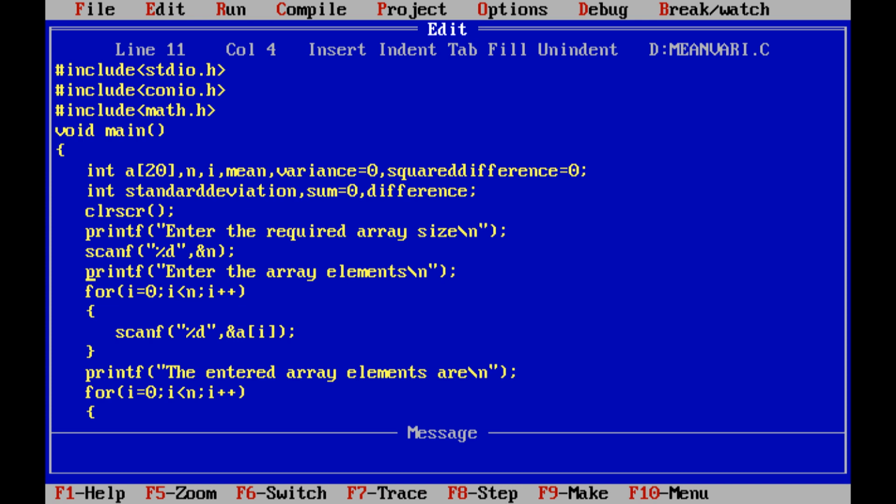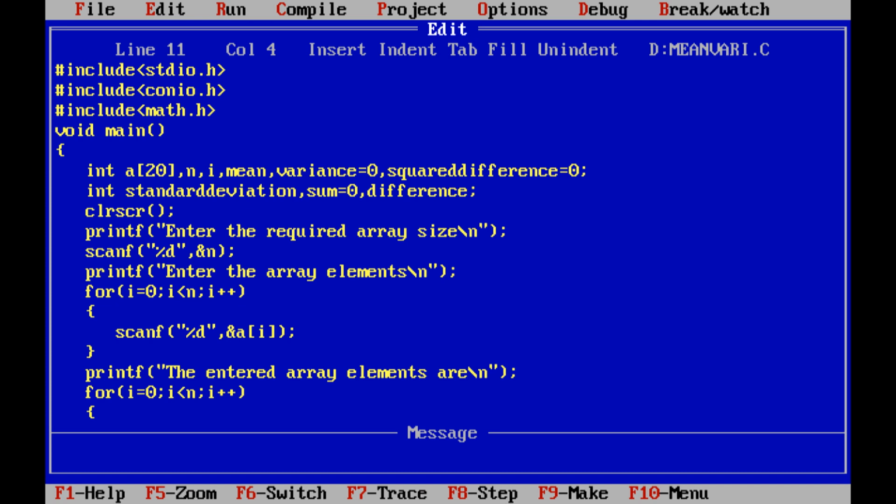Next one, printf, enter the array elements. The array elements are read from the keyboard by using a for loop and scanf function. a[0] contains the first array element, a[1] contains the second array element, a[2] contains the third array element, a[3] contains the fourth array element, a[4] contains the fifth array element. Suppose the required array size is taken as 5.